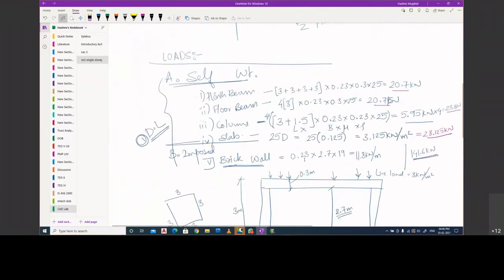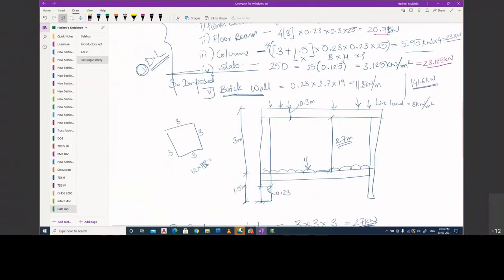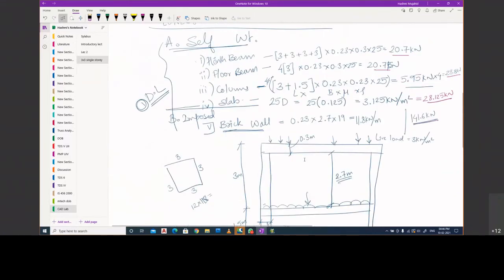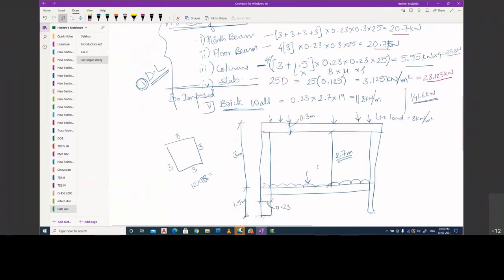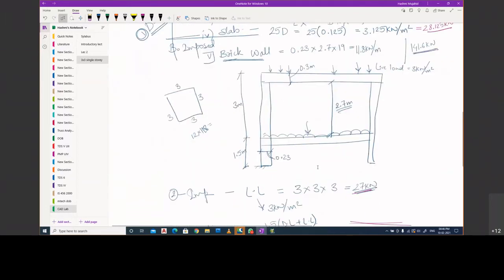I hope you are doing it on your calculator as well. You can type in the answers in the chat box. Okay, Vinit Kambli has typed 392.